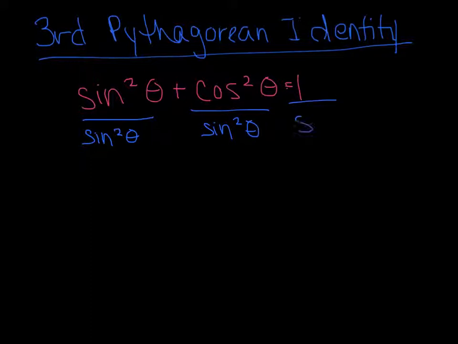And the reason I'm dividing it by another term is just to rearrange everything. You're changing what it looks like, but it's not changing the value of it. So if I divide sine squared by sine squared, I end up with 1. Cosine squared divided by sine squared ends up being cotangent squared. And 1 over sine squared ends up being